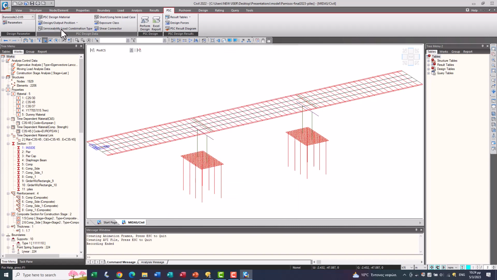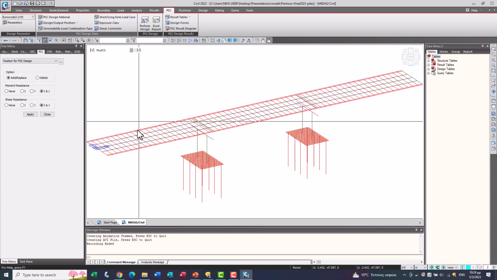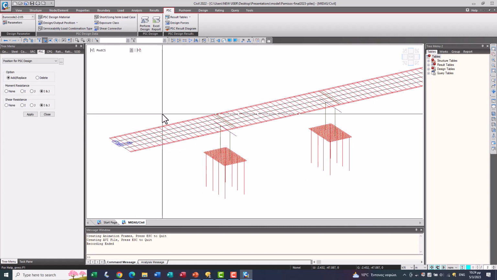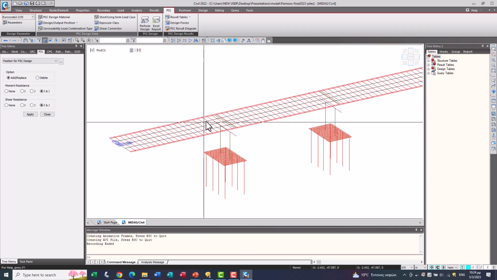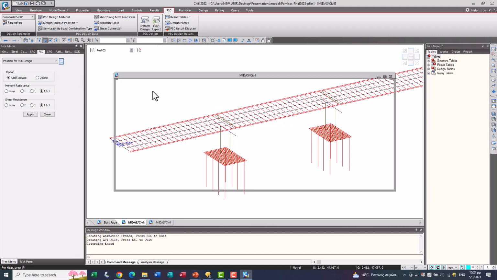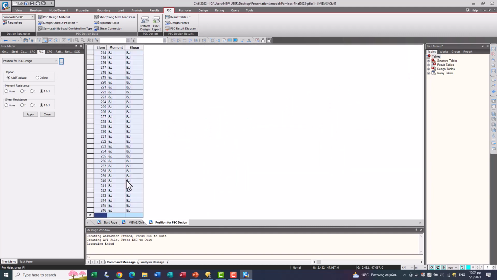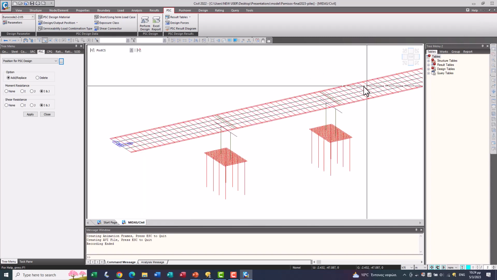Here we define which members we want to check for our structure, for our deck. I have chosen this beam. We can check it in a tabular form also, which members have been selected.